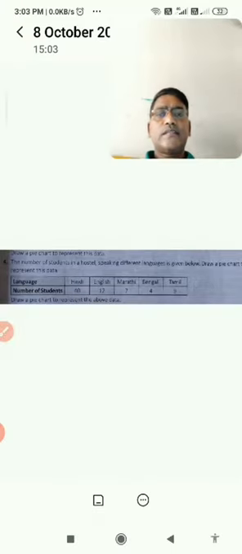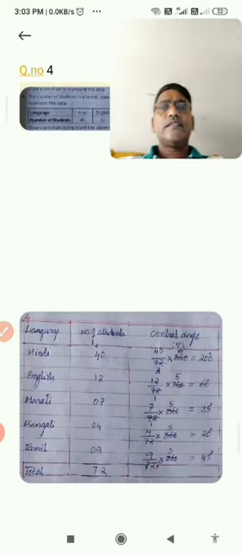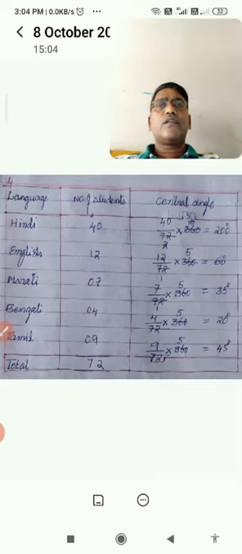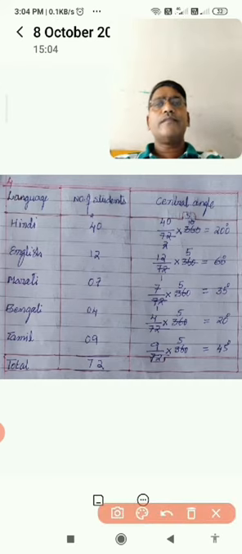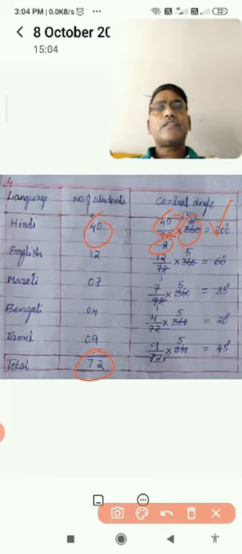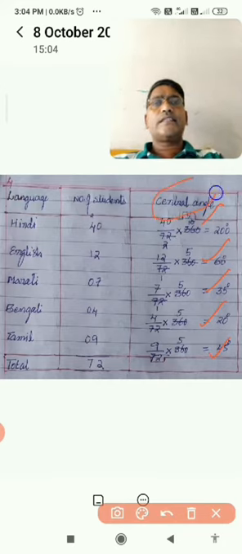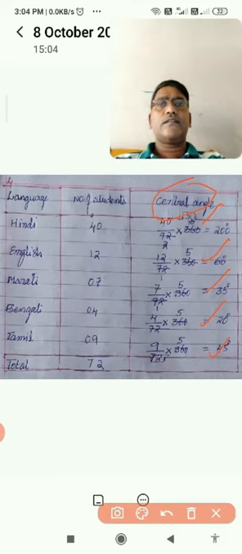I will show the central angle table to you. Just see, this is the central angle table. I explained it in the last, the same way. You observe, this is 40 and your total is 72, into 360. 40 upon 72 into 360, you get 200 degrees. In the next one you get 60, the third one 35, the fourth one 20, and 45. These are the calculations. Simple: your particular value upon total into 360 is the central angle. I gave the formula, and this is the second question I am explaining to you.